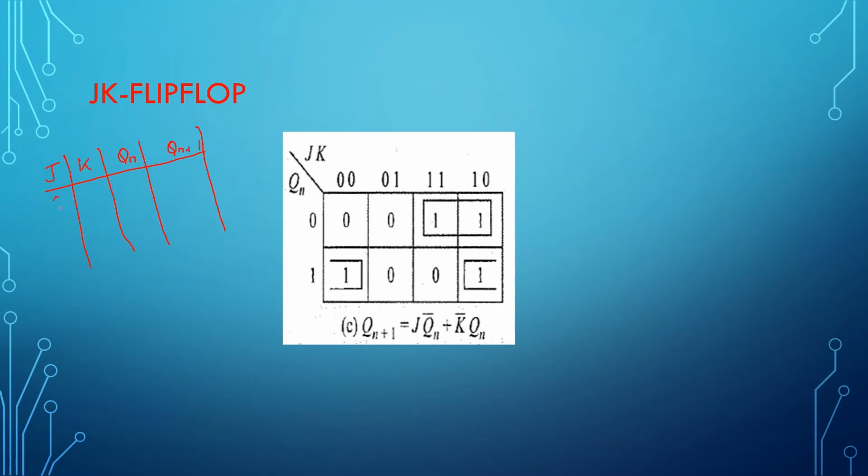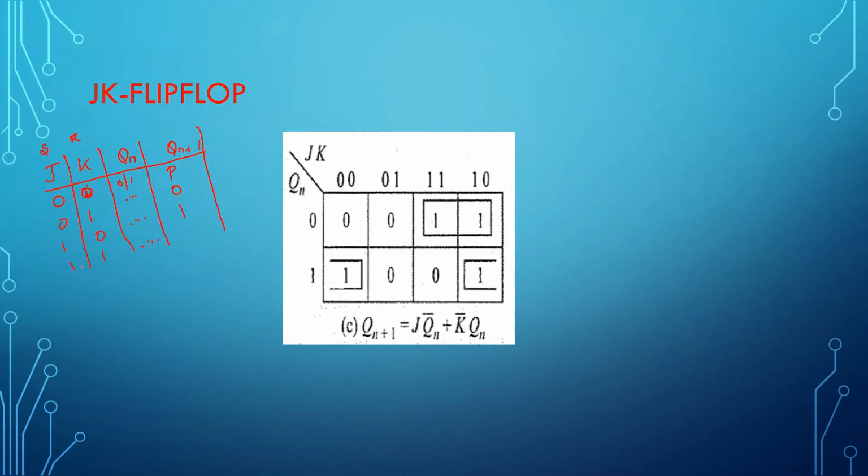So it is 0, 0, 0, 1, 1, 0, 1, 1. For 0, 0, it has to exhibit the previous state. I don't mind what is the data here; this data can be anything. So I don't mind what is the present state here. For 0, 0, it should exhibit the previous state. Previous can be 0 or it can be 1. For 0, 1, if you have any confusions, remember J is similar to S and K is similar to R. So if R is made high, it has to be reset. If it is 1, 0, if S is made high, it has to set.